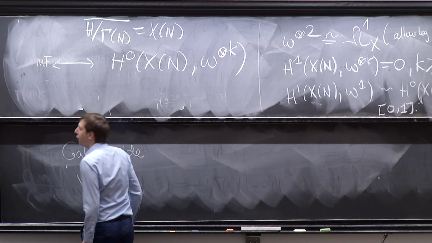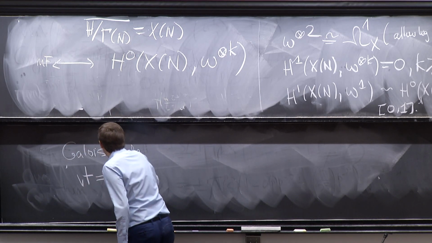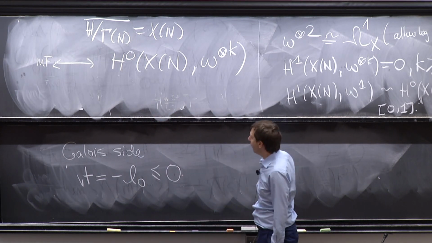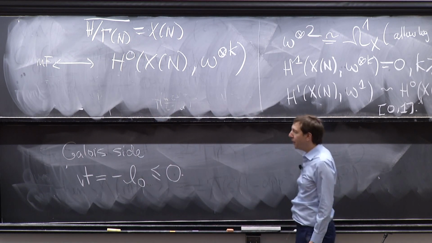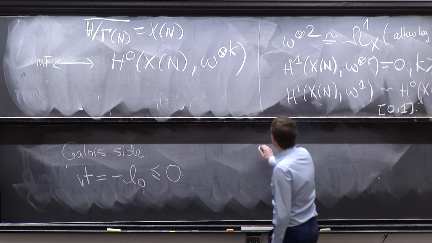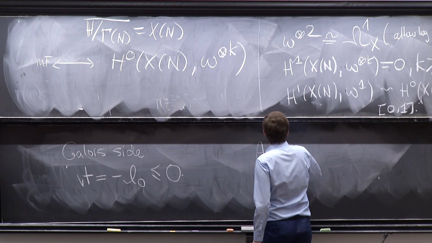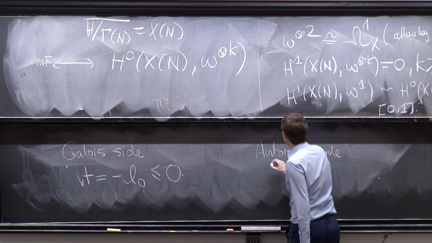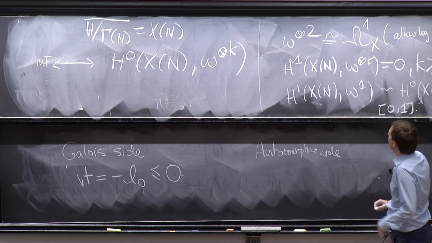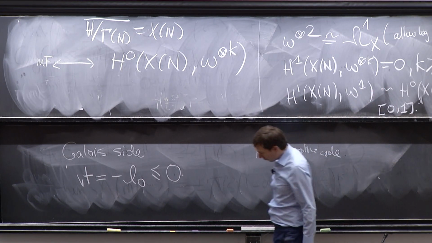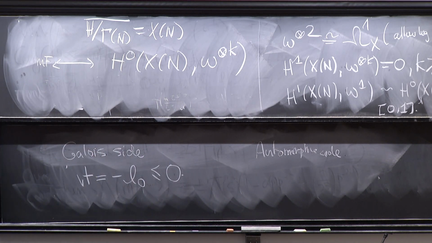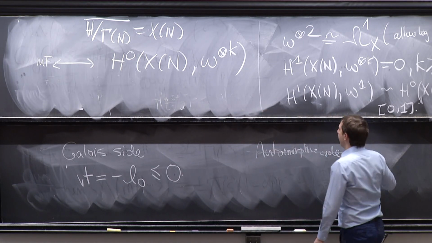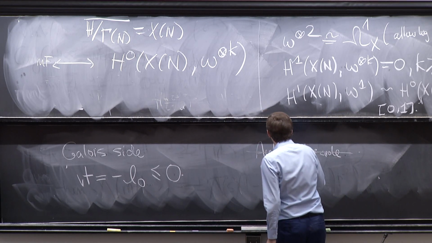And here you have some virtual dimension, which it turns out, I'll write it as minus L0. This will always, in accordance with the Fontaine-Mazur conjecture, be less than or equal to 0, but it's often negative. And then on the automorphic side, maybe in some sense you have to go beyond actual automorphic forms, and you have to look instead at the cohomology. And so rather you have to replace automorphic forms by some version of cohomology,